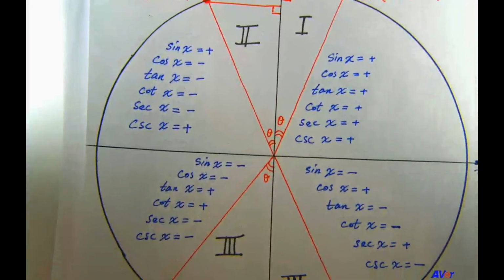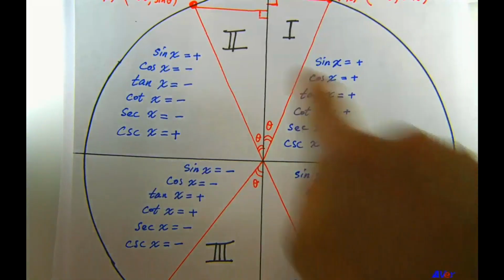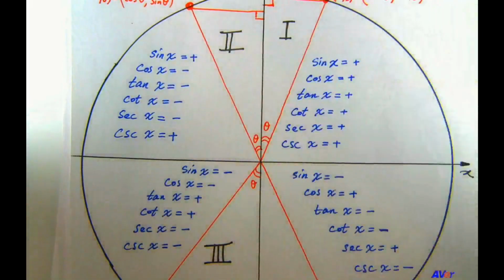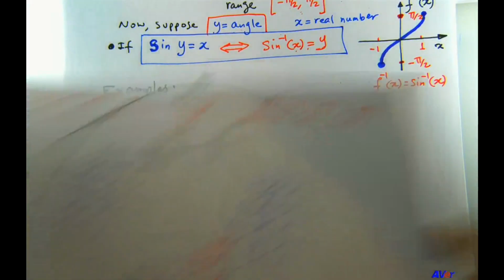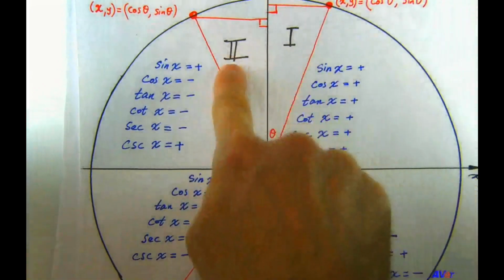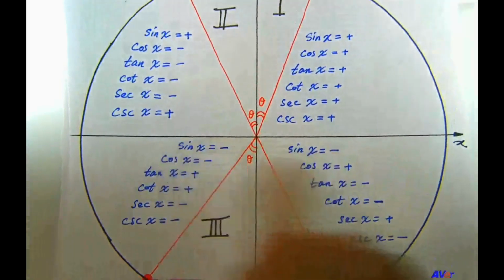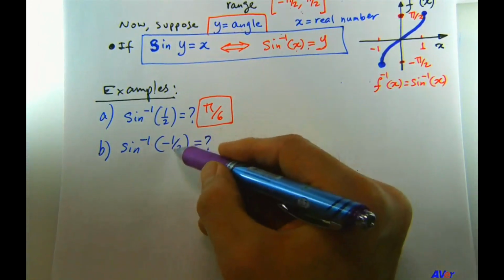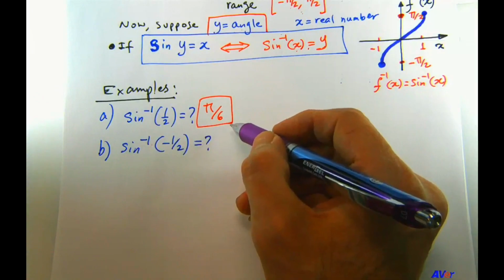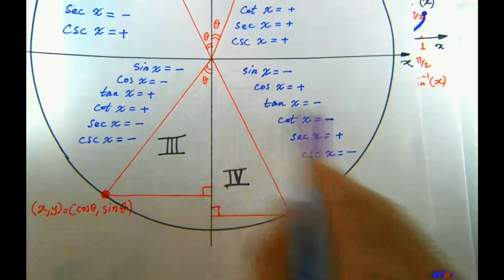Let's bring this back. It's too big for the screen, but I can just show the part that is relevant to our discussion. So would it be in the second quadrant? No, because the angle is negative, the result is negative. In the first and the second quadrants, the sign would be positive. In the third and the fourth quadrants, it would be negative. So this would be minus pi over 6, in the fourth quadrant, right here.